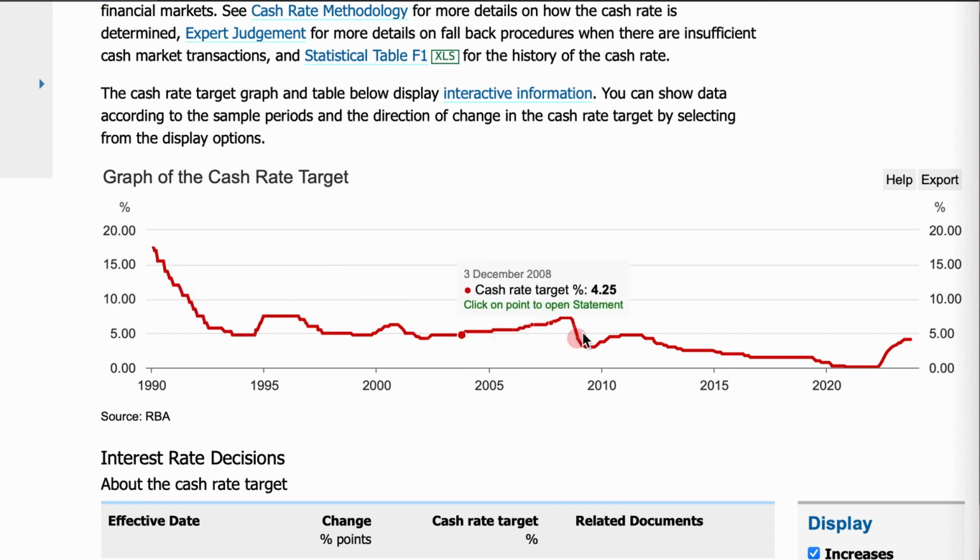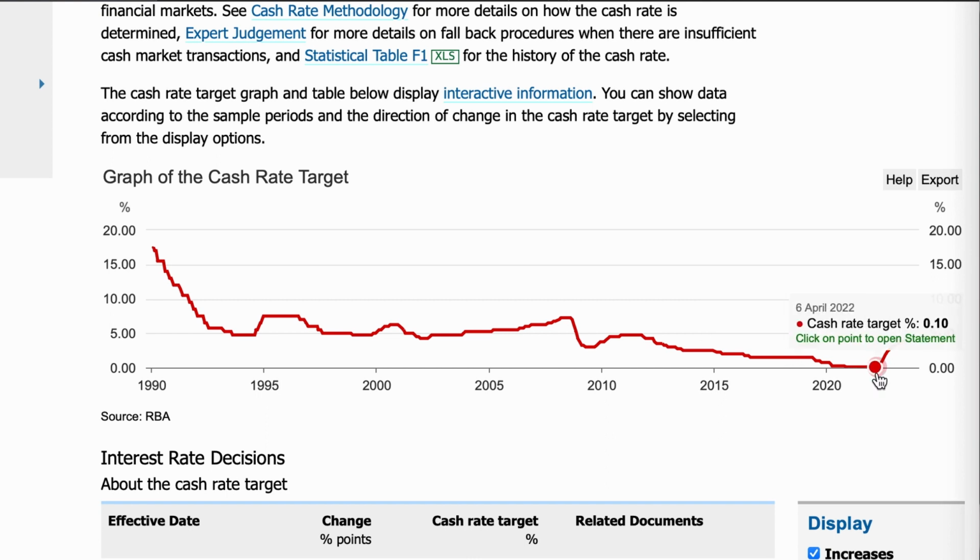And as you see in 2008, when the financial crisis was here, it went from 7.25% and dropped to 3%, and then slowly went back up to 4.75% in 2011. And from 2011, 2012, we've seen a pretty long gradual decline from 4.75 all the way to